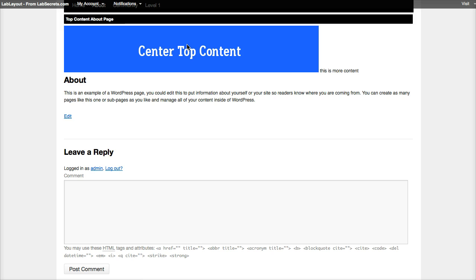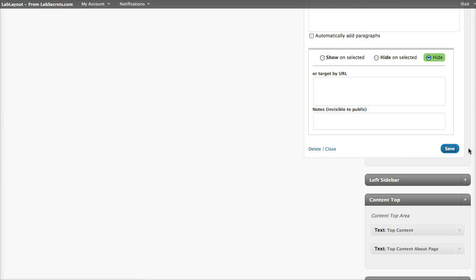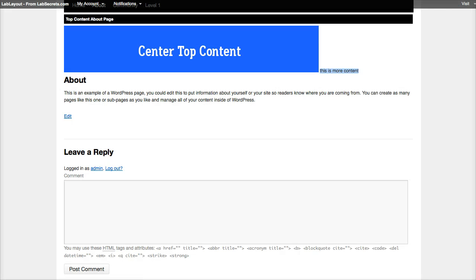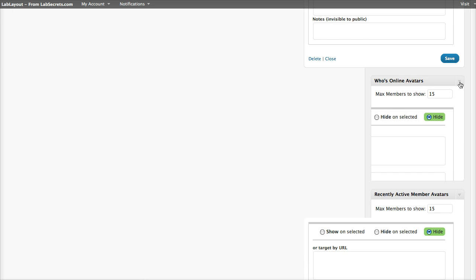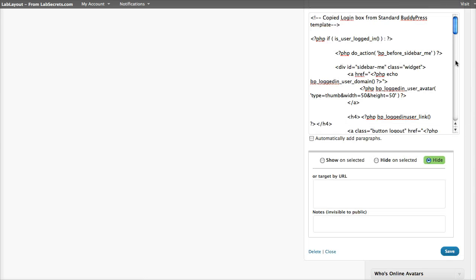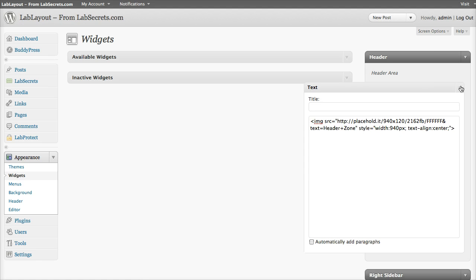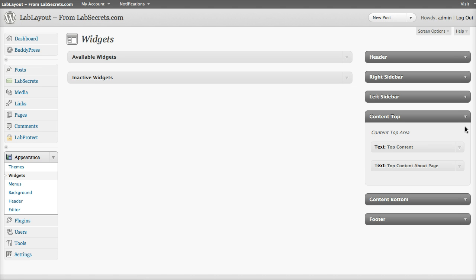Now, last but not least, you'll notice I have that center top content, which right now is stretching to fill this zone. One of the tricks I can do is I'm using some dynamic sizing here. So if I go over, and again, this is the center top content area, if I go ahead and close these down a little, go to that center top content area, scrolling up here. It's like cleaning up your house. Okay, so we got the top content area